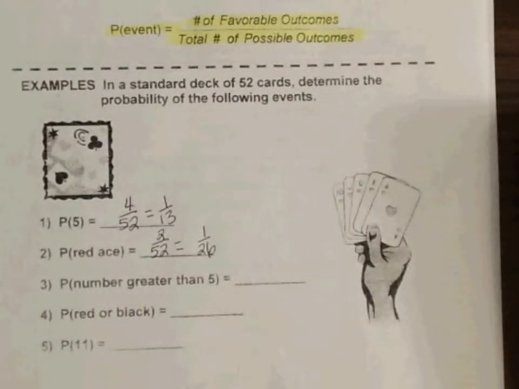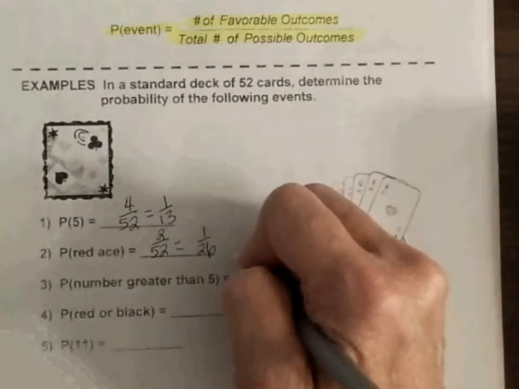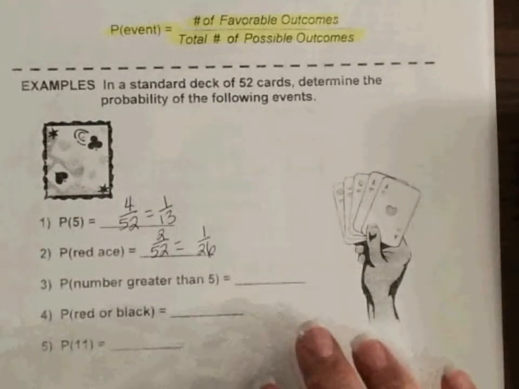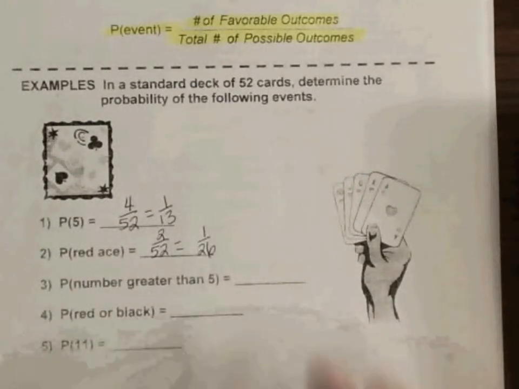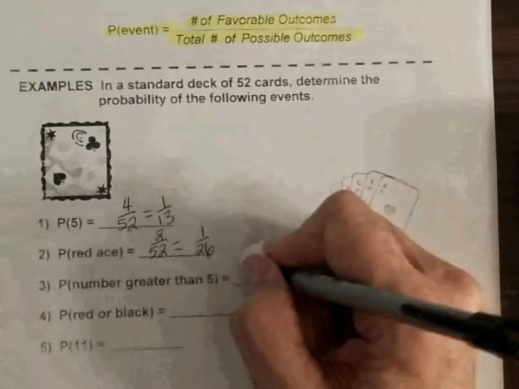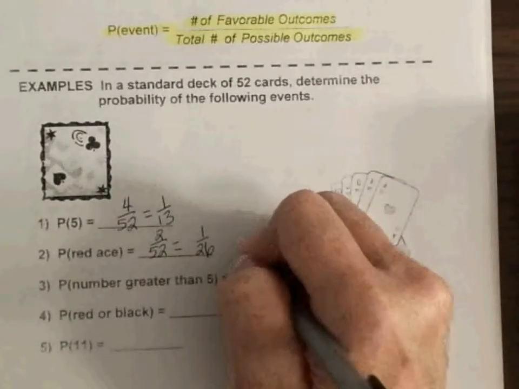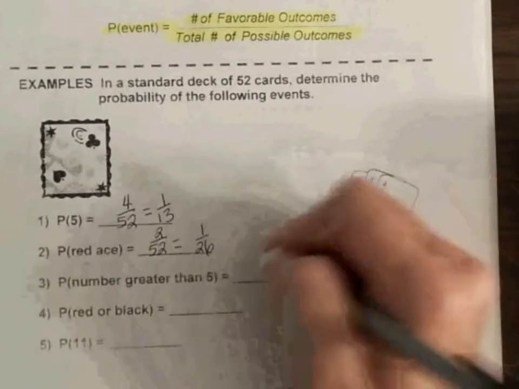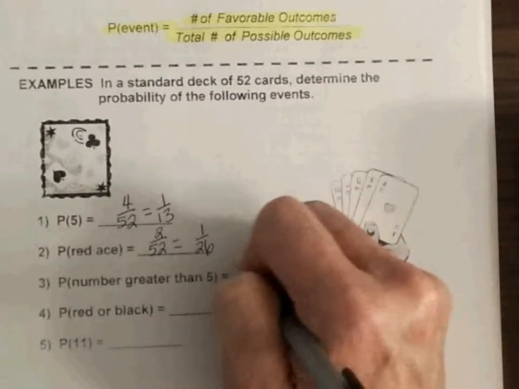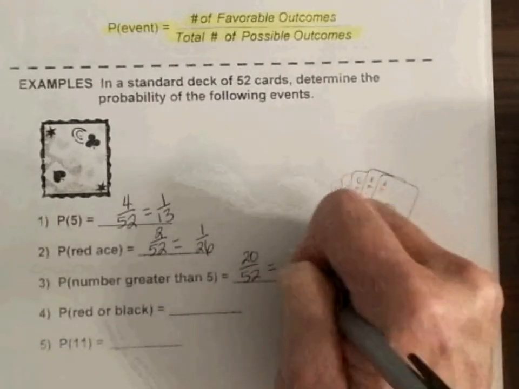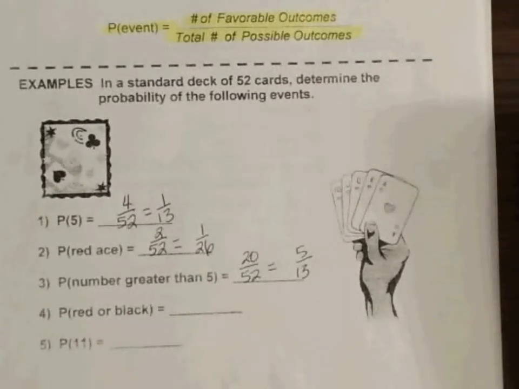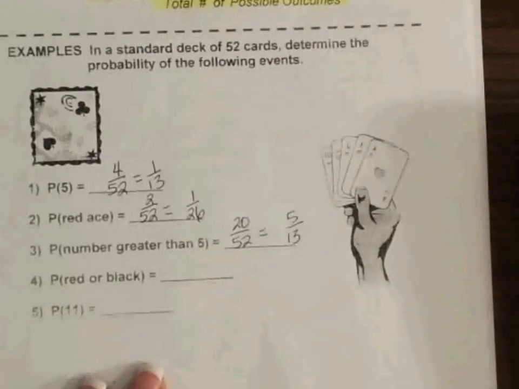The probability of getting a number greater than 5: 6, 7, 8, 9, 10. I only counted numbers, so I had 5 times 4 suits, 20 over 52, which reduces to 5 over 13. If you counted your Jack, Queen, King, you'd have a different answer, but I just counted